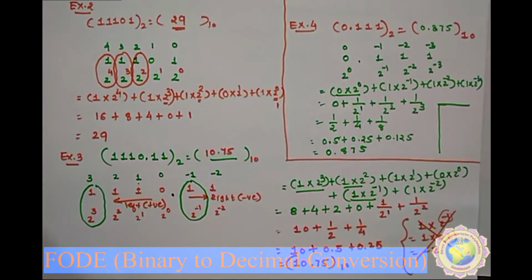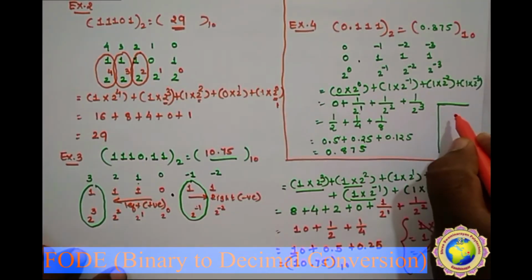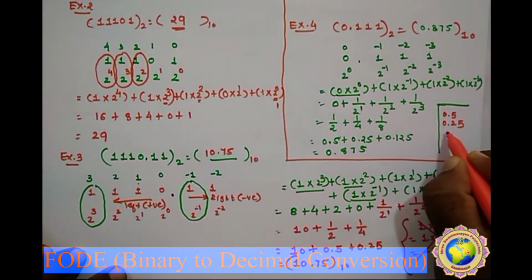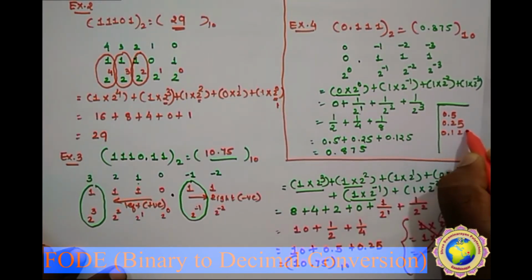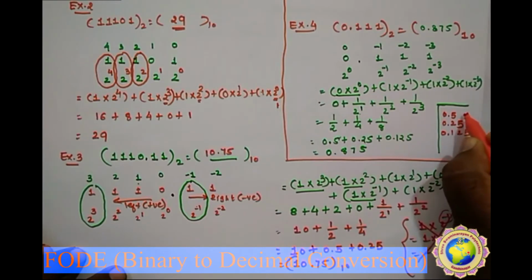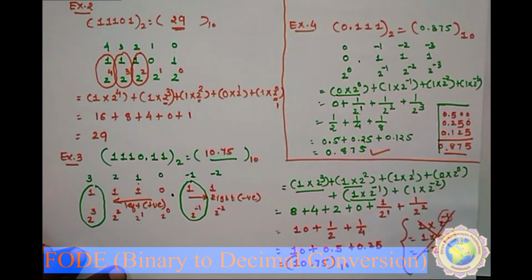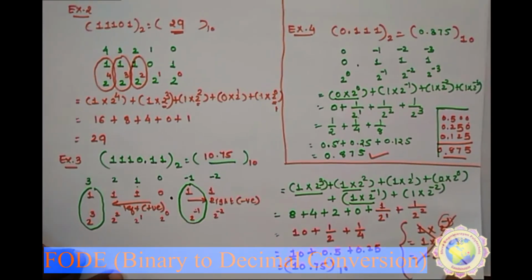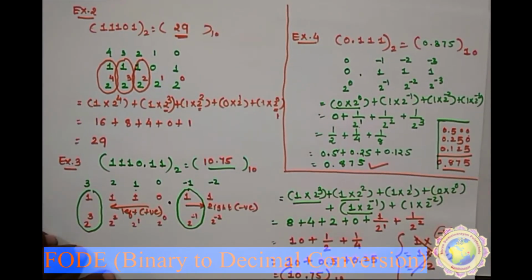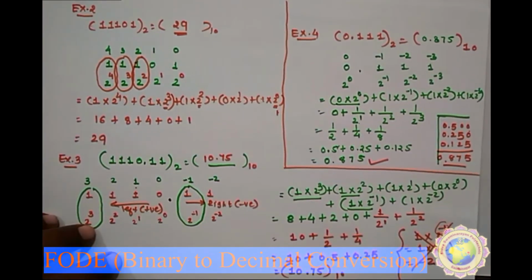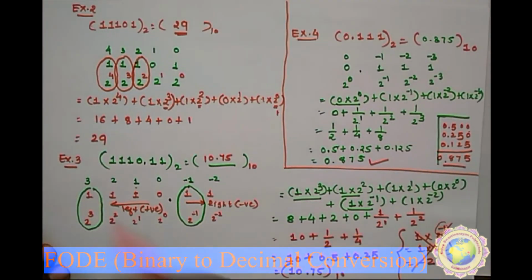In the addition you have to remember one thing: you have been given 0.5, then 0.25 and then 0.125. So you have to put an extra 0 here. So it's 5, 7, 8. That's why the answer is 0.875. So this is the conversion of binary numbers. Okay, remember this thing, how it is to be converted.